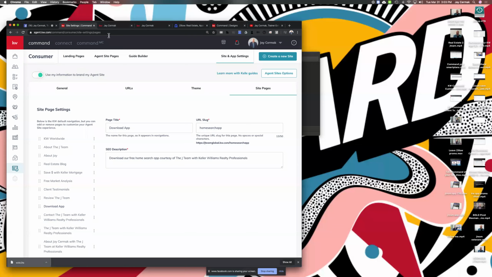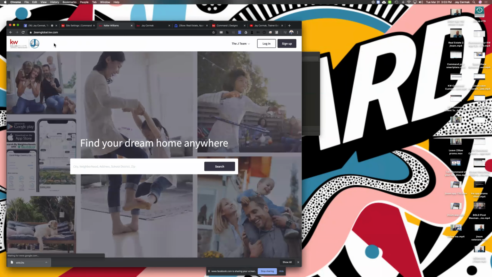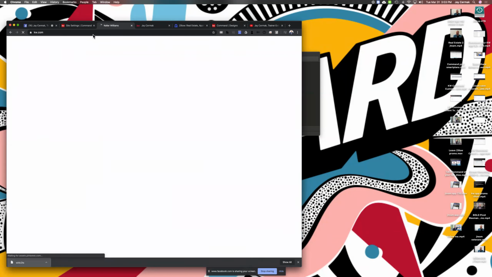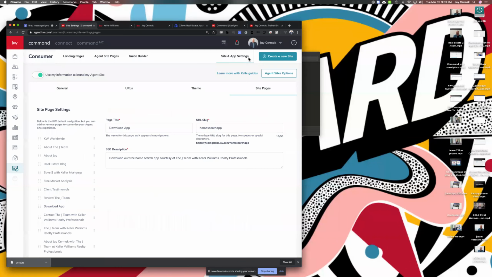Some people might have this blank. If you go to your website and your branding's missing and it doesn't have anything about you, this happens from time to time. So I'll leave you with this tip. If I come here and my pictures are gone and it literally looks like kw.com, with no branding and no information, it's under your site and app settings. This is turned off because of legal reasons; we wanted to make sure that you were legally compliant. If we find you're missing something or not legally compliant, it's possible your website has this button turned off